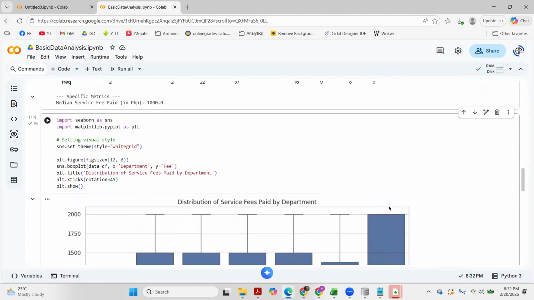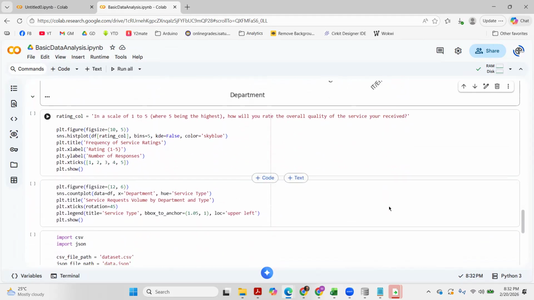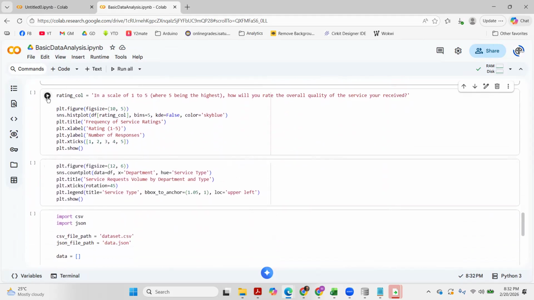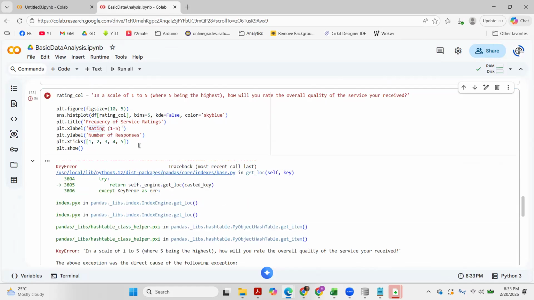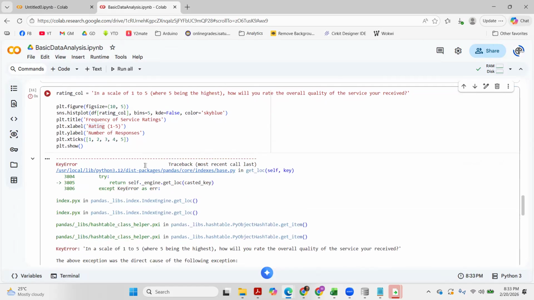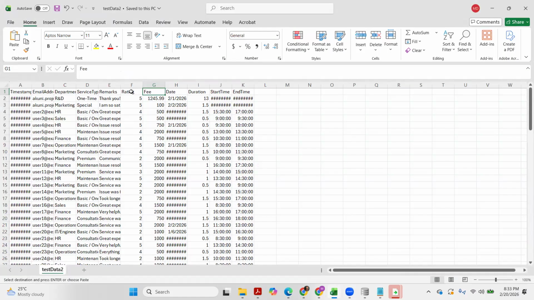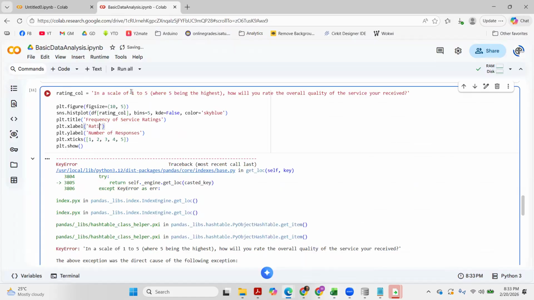On the next part, we have some other things. Let's see, we don't have anything to change, I guess. No, I was wrong. The rating is now just rating, so no more 1 to 5.